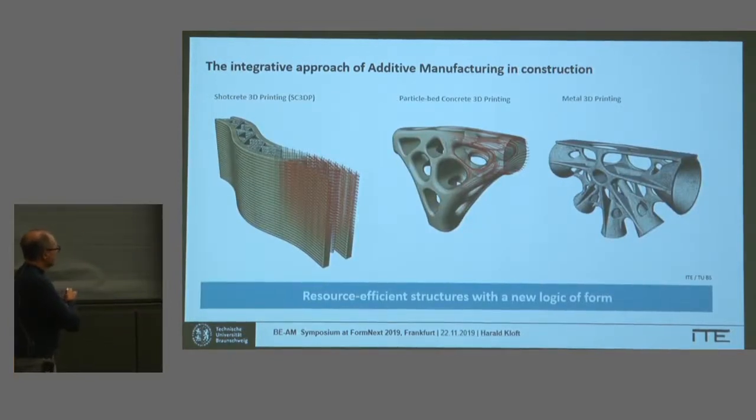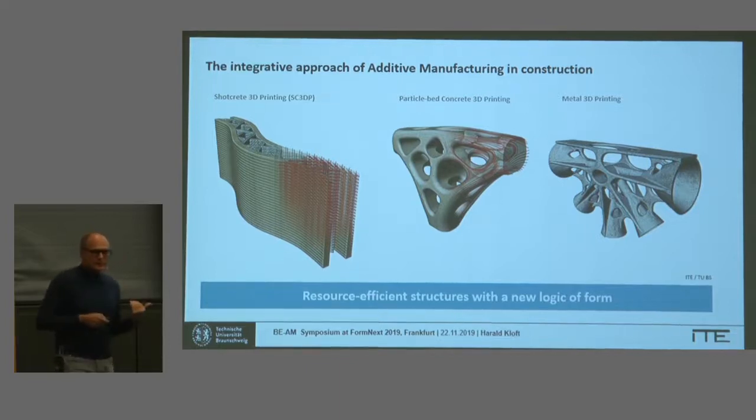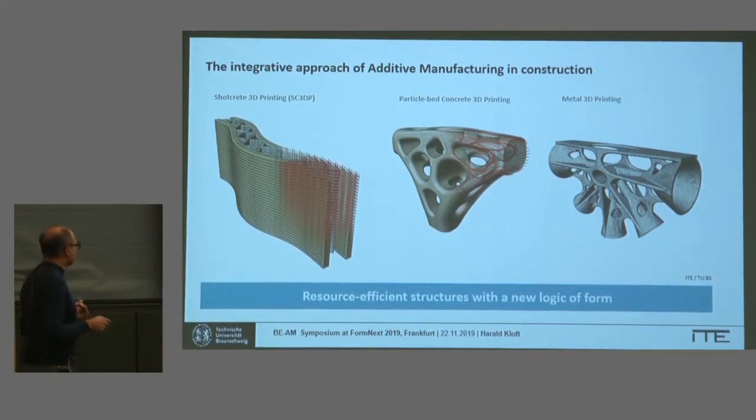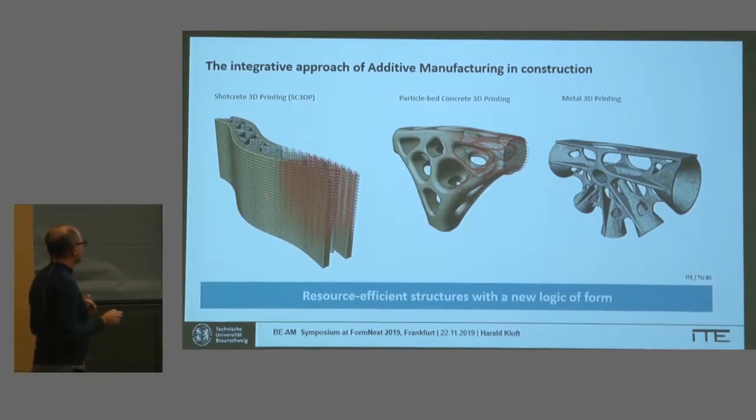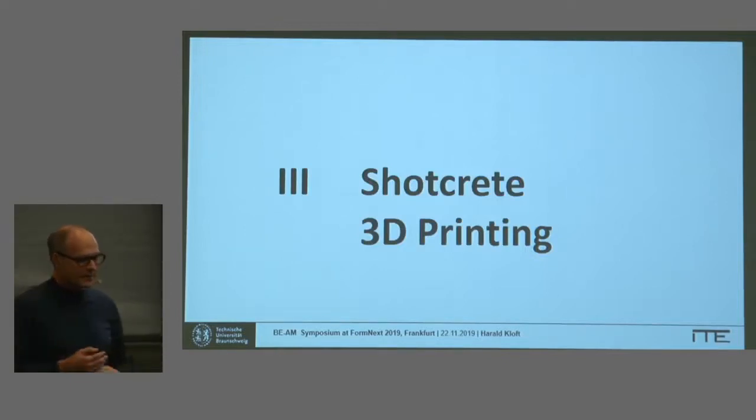And this is what we are doing in Braunschweig, with our team at the Institute of Structural Design, but also with my colleague Jack Loke, Norman Huck, and other institutes from mechanical engineering. So we step forward now, and we are looking for resource-efficient structures with a new logic of form. The question of how to integrate reinforcement, how to guide materiality, how we can print with different materials in one construction, in one element. These are the main questions for us in future research. But now the focus is on shotcrete 3D printing. I would now like to show you some of our